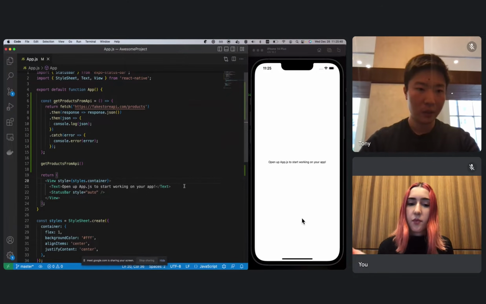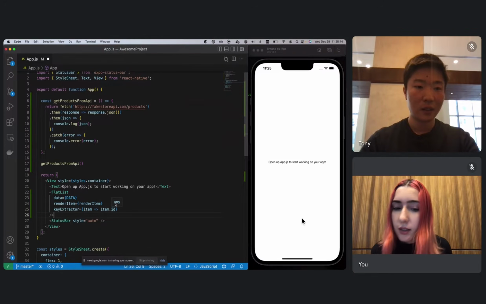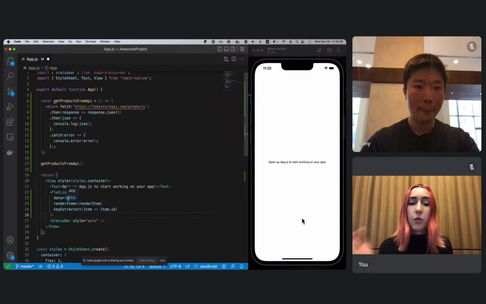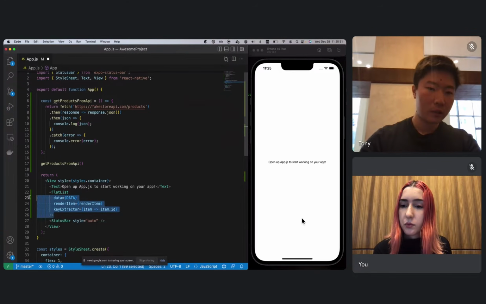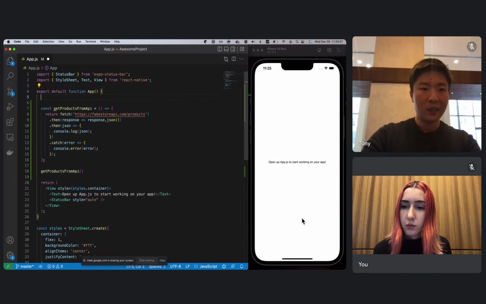So here in my component. Before we jump into the FlatList, where are you storing the data when it's coming back? Sure. Before I actually render the list, for now we just console log what came back. But React provides these hooks that can be used to store information.